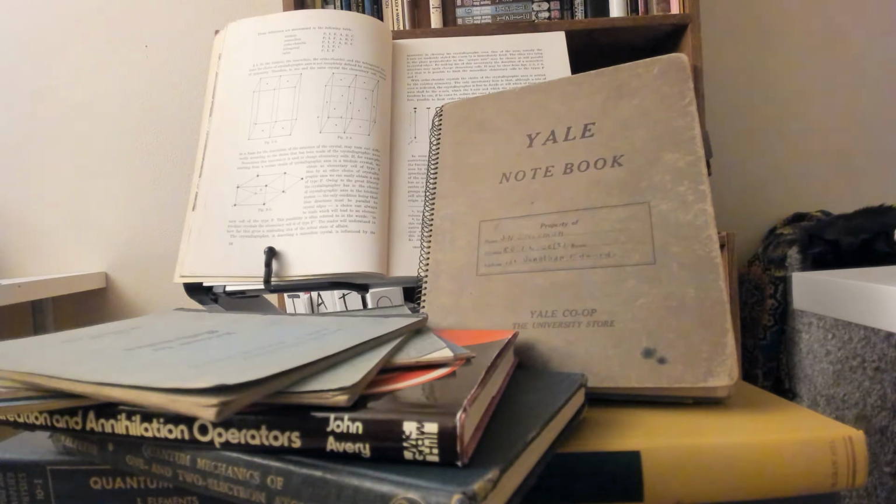And Jerry wrote his name in all of his books. He wrote his name, and he wrote the year and sometimes the month that he got it, and also usually the city and country that he was in whenever he got it. So you can actually tell where Jerry is in the world and in his life by what's written in the books, which is amazing. So having all of this together, from when he's learning nuclear physics at Yale to when he's later on in his career,